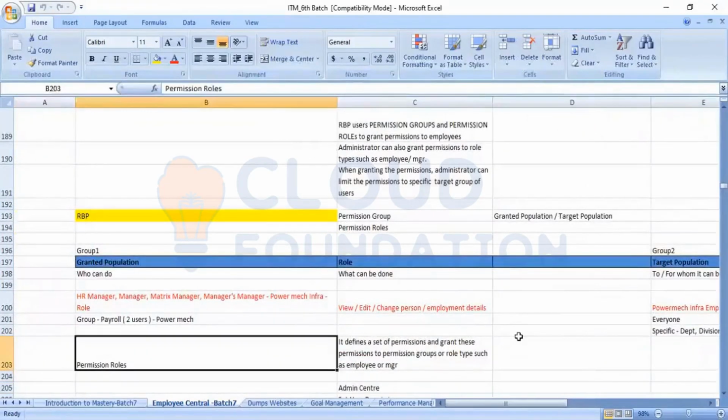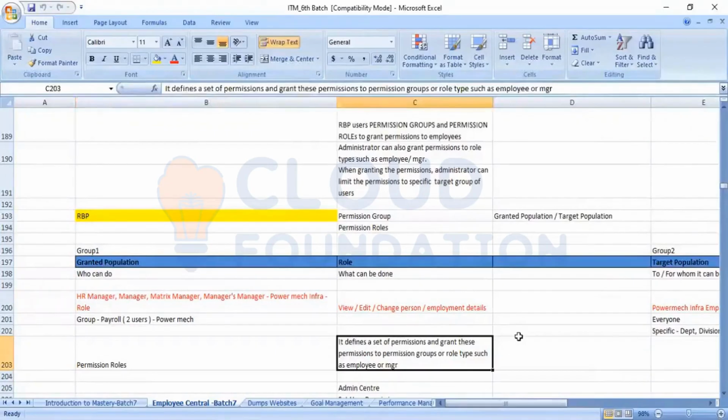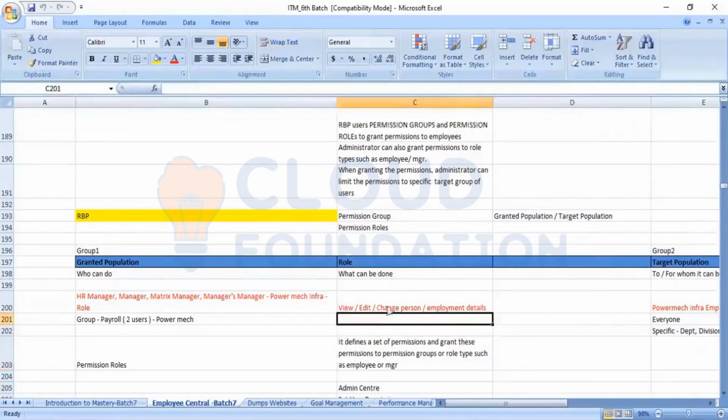Now, what is a permission role actually? It defines a set of permissions. A set of permissions means it can be a view permission, it can be an edit permission, you can view the history, you can delete it. These are some of the permissions given to the granted population.